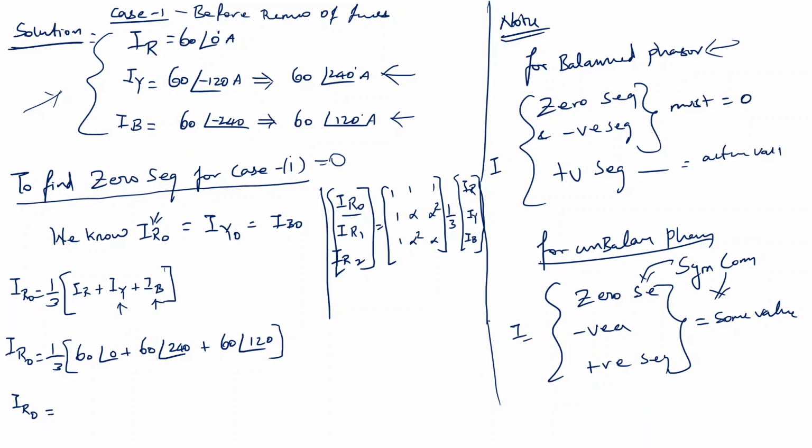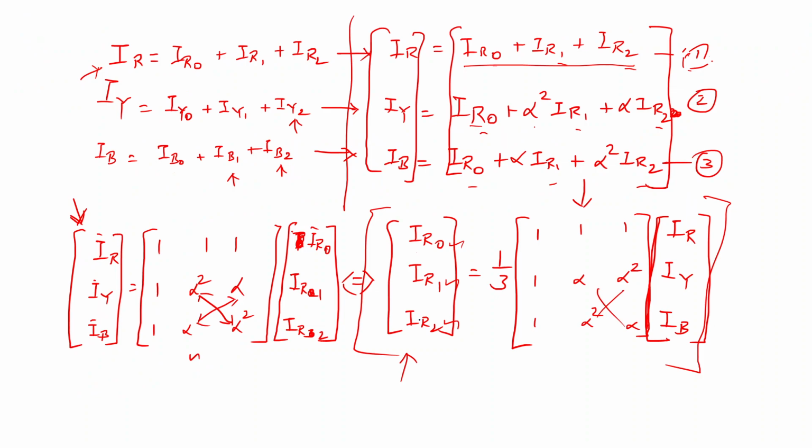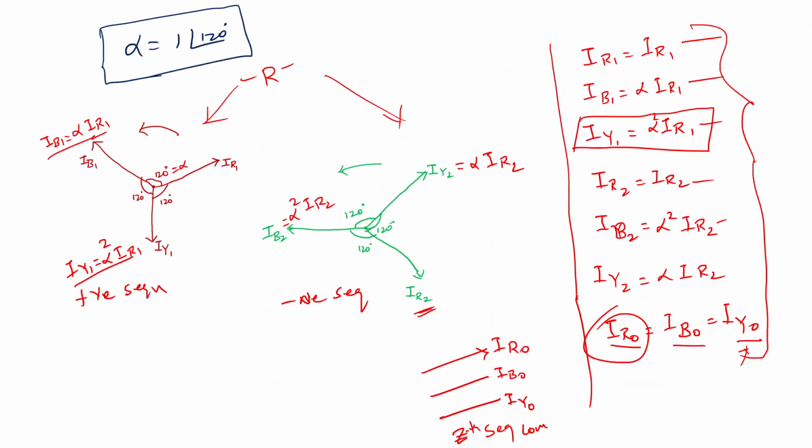Tell me what value it will come. What is alpha here? What is alpha? One angle 120. Anyone please tell me, one angle 120, correct or not? What is alpha value? The first itself we have taken. Alpha is equal to